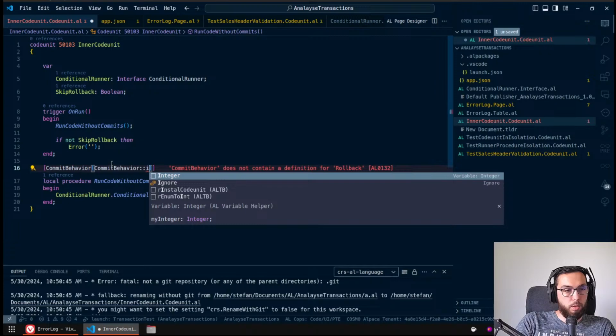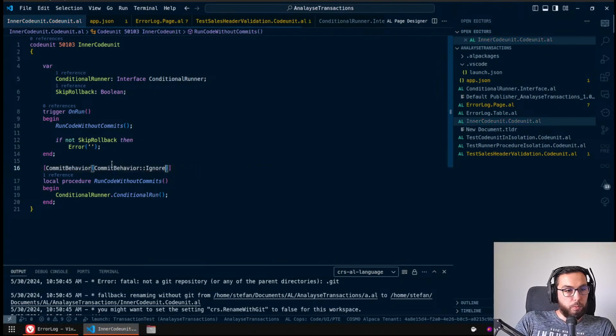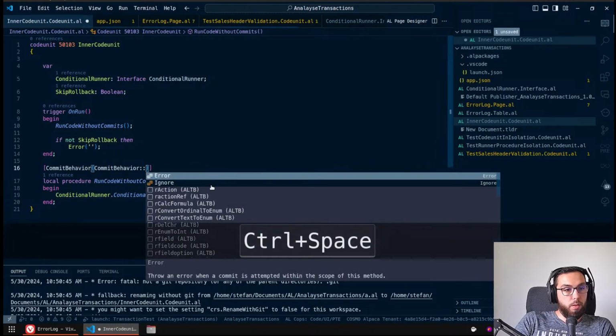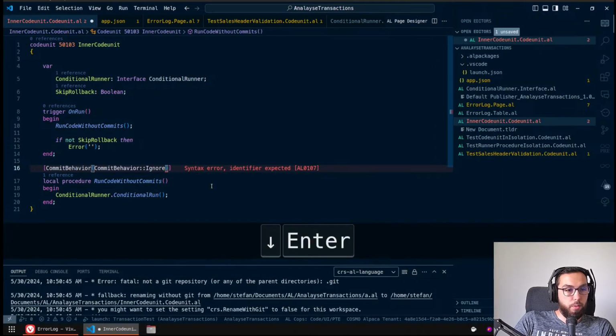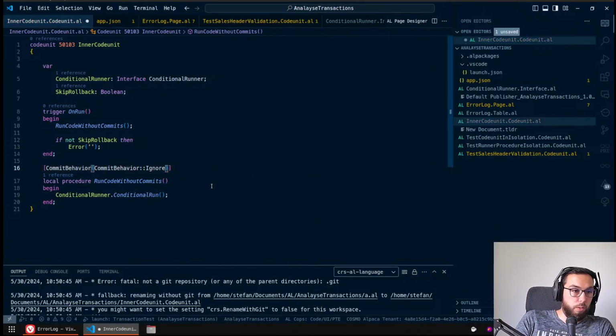not rollback, but ignore. So that way, even when the code that's run underneath this contains any commits, we will ignore the commits. You can set the commit behavior to either ignore or error. Error will throw an error, and that's not really what we want. We want to ignore this because we want to be sure to really be able to roll back everything that's happened inside this. So